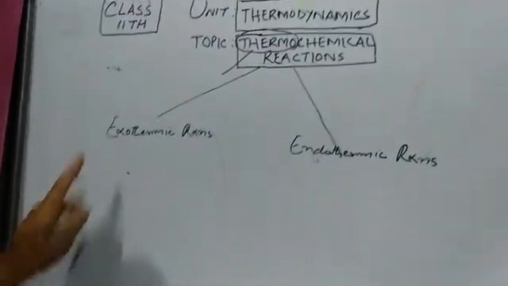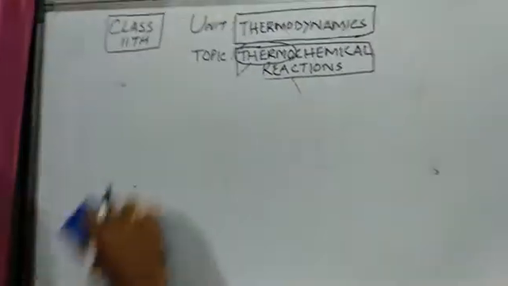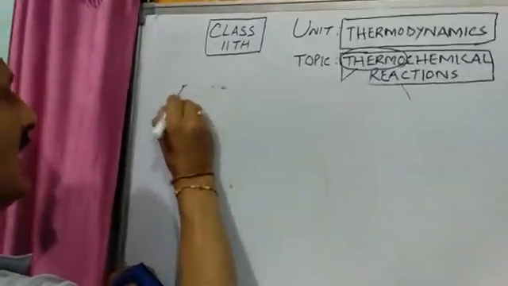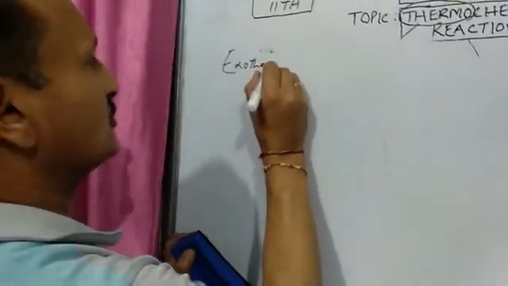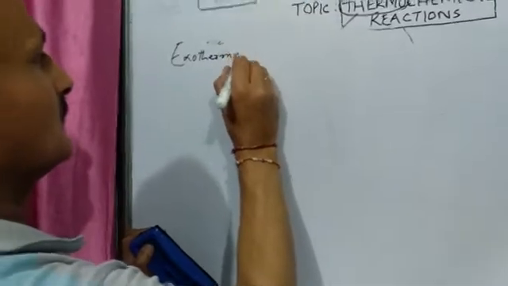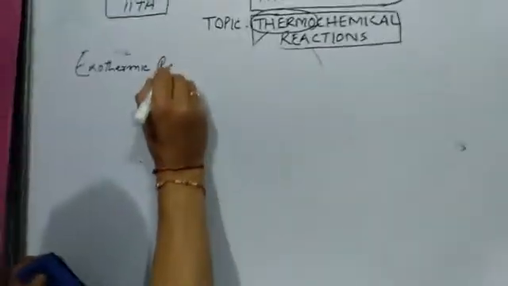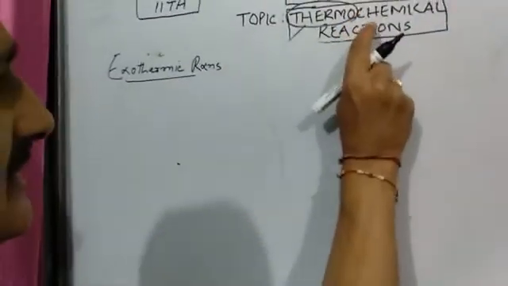Now let me first come to exothermic reactions. Exo stands for evolution. So exothermic reactions are basically thermochemical reactions